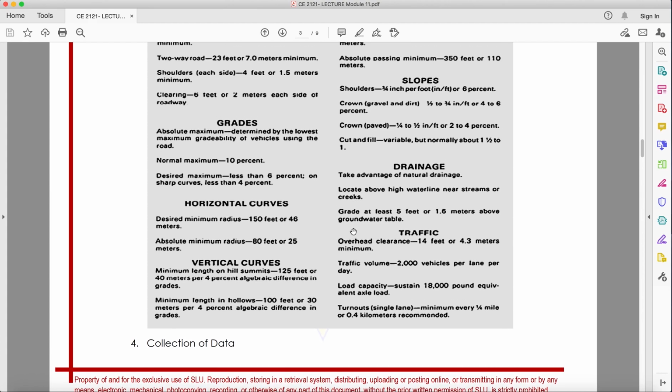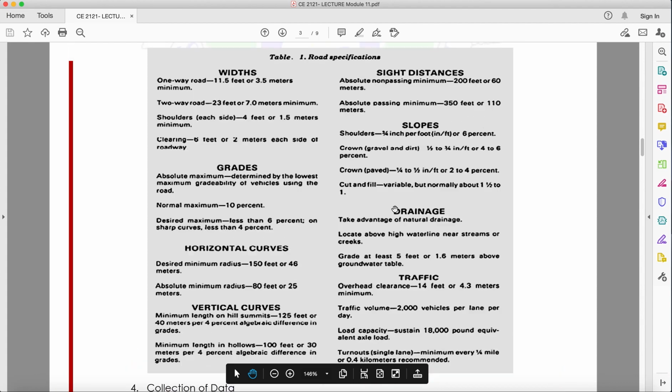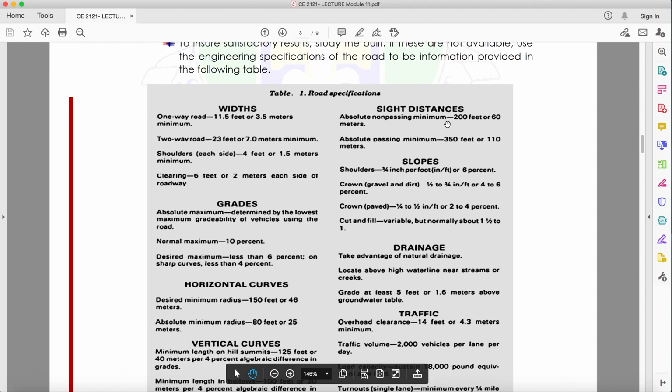So, the minimum length of hollows should be 100 feet or 30 meters per 4% algebraic difference in grades. Okay, next would be the sight distance. When we say sight distance, it is,